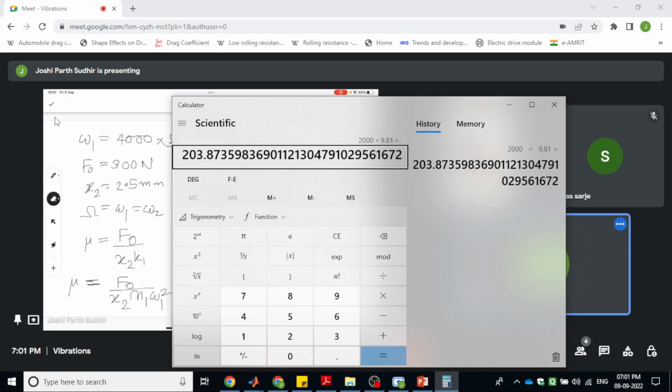And omega 1 square, so we can substitute